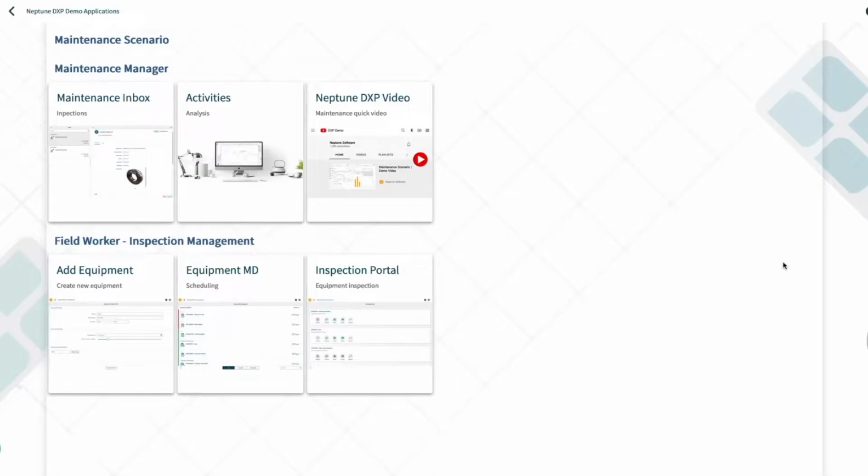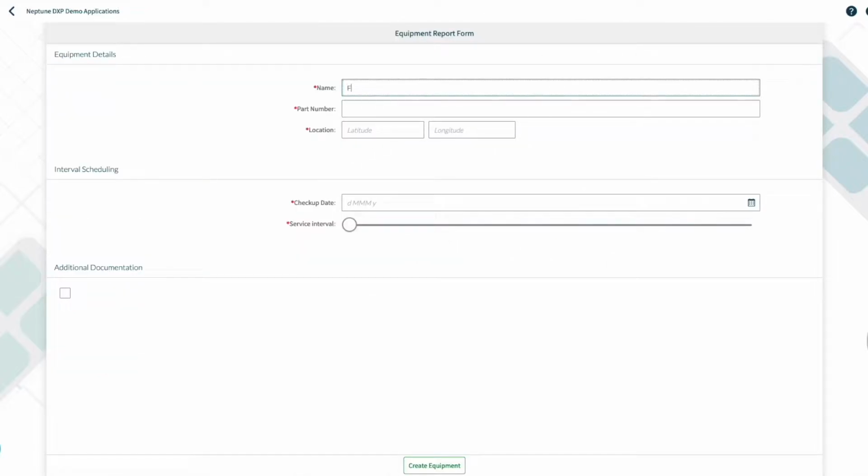Hi, this is the maintenance tile, formed of 5 interconnected applications, and now I'm going to present to you how they are working together. First, we have to add equipment, so let's fill in the details, the name, the part number, let's say gear 4311, location in latitude and longitude,